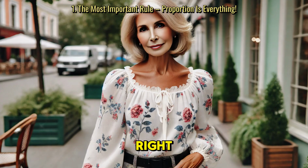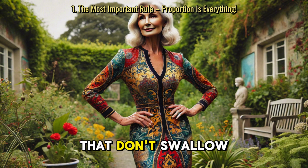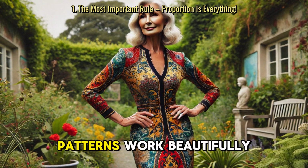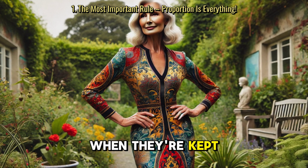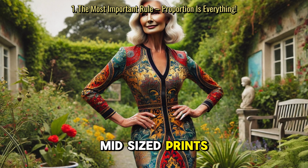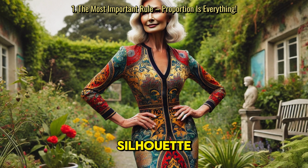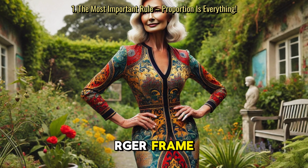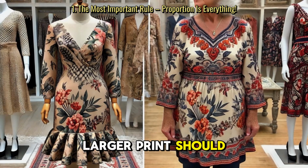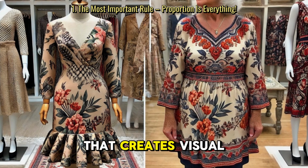So how do you get it right? If you're petite, opt for smaller, more delicate prints that don't swallow you up. Florals, polka dots, and subtle geometric patterns work beautifully when they're kept in proportion to your frame. If you have a medium build, mid-sized prints are your best friend. They create visual interest without overwhelming your silhouette. If you're taller or have a larger frame, you can wear bold prints, but spacing is key. Larger prints should have enough background space to breathe, rather than being crammed together in a way that creates visual